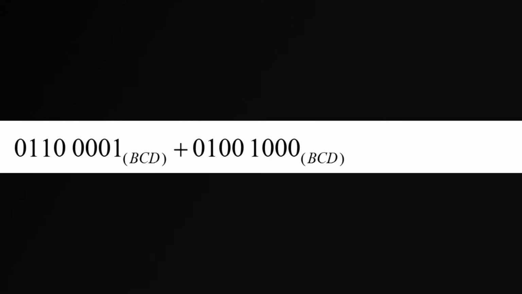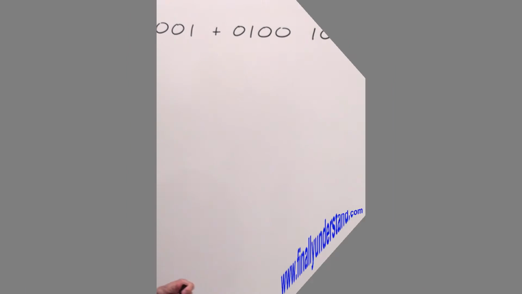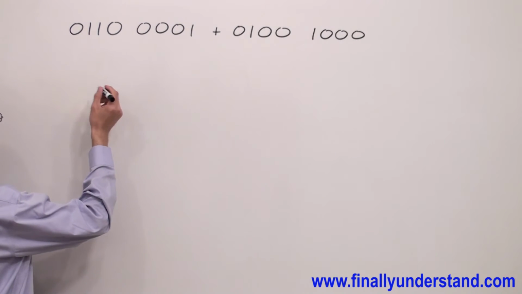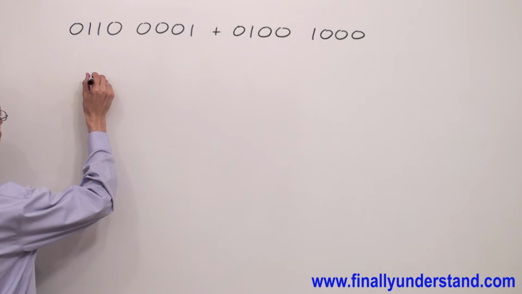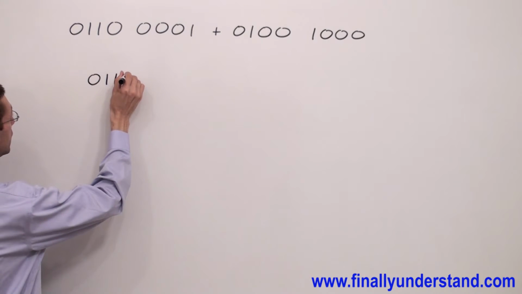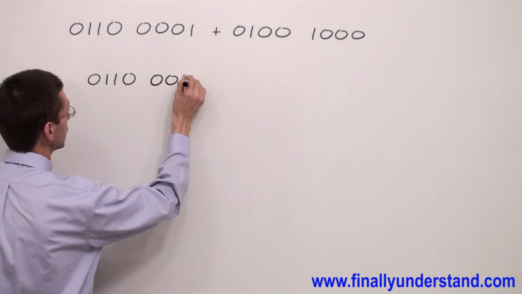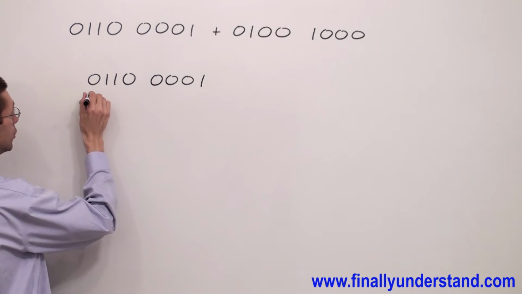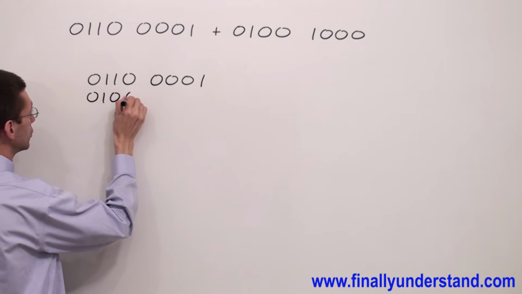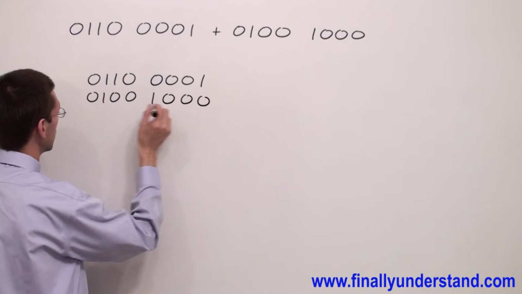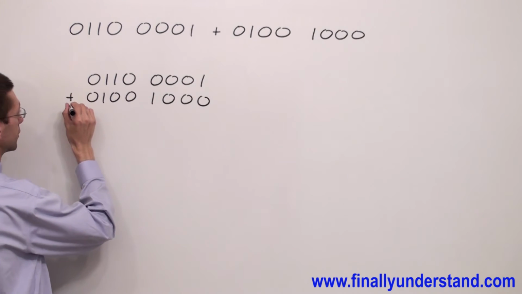We have another example on the board. Again, we're supposed to add binary coded decimal numbers. Again, we're supposed to rewrite this problem first. So I have 0, 1, 1, 0, and this is 0, 0, 0, 1, and I have 0, 1, 0, 0, 1, 0, 0, 0, plus